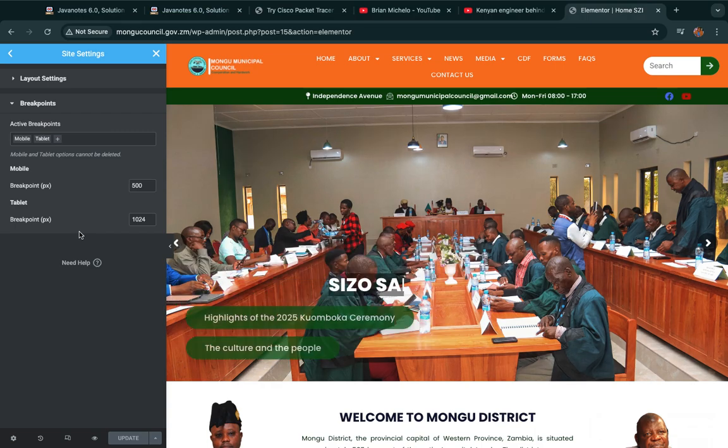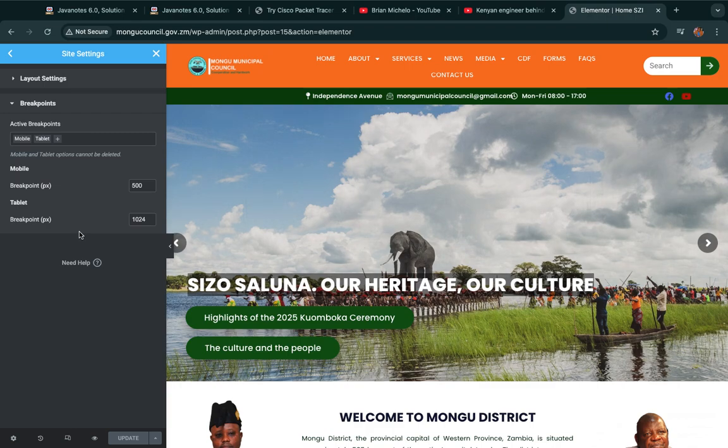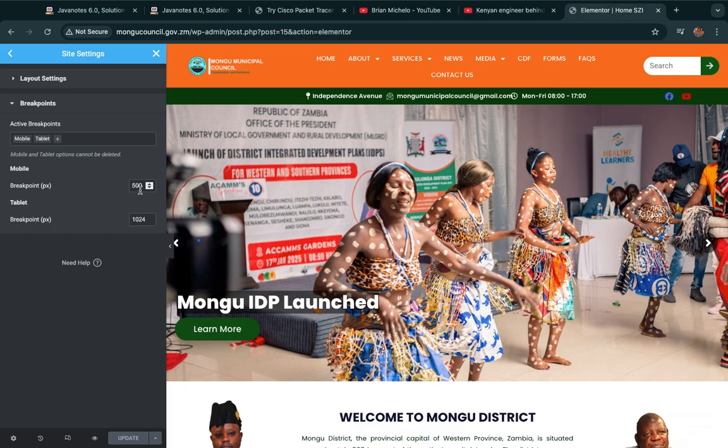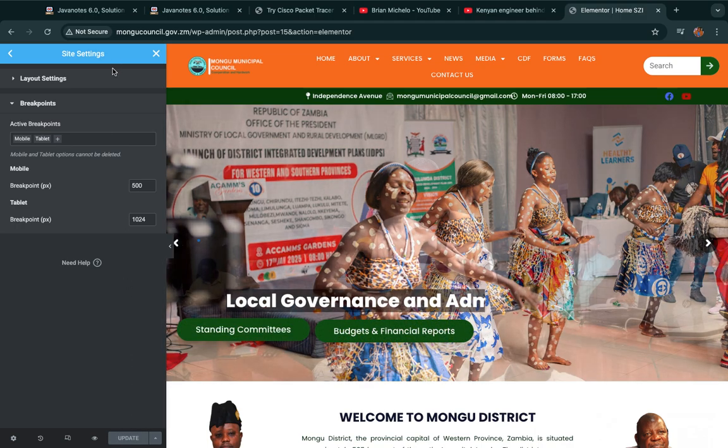When it's on a screen that has smaller pixels, I'll set a breakpoint so that my content knows that it has to wrap itself because it's on a smaller screen. For tablets or larger screens, we can leave it at 1024, but we can set our breakpoint for mobile at 500. Once I've set this breakpoint at 500 and I click update,